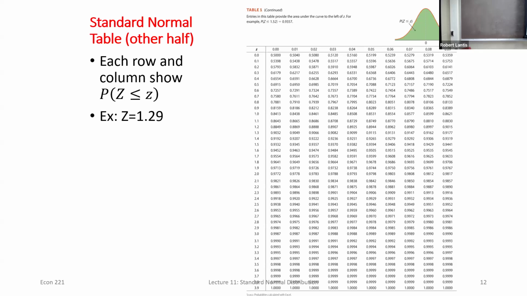So if I want the area to the left, well, if I'm choosing something at random, what's the probability I see something between negative infinity and infinity? Or said differently, what's that area under my curve? For a standard normal distribution, it's always 1, right? It's every single possible value. Probably I see one of those values, 1. So if the area under the curve is 1, I know the area to the right of 1.29 is 0.0985. The area to the left has to be